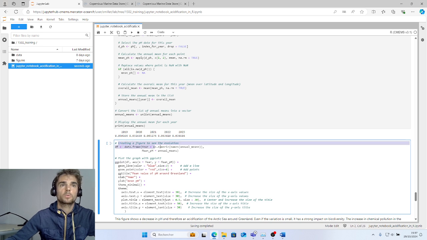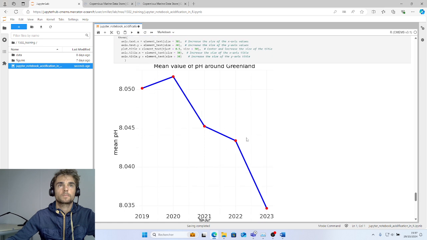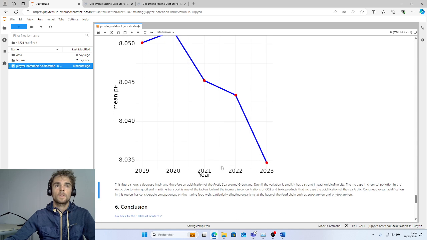We first create a data frame and then plot. Here it is the mean value of pH in Greenland, and we can see that the pH decreases and therefore the acidification of the Arctic Sea around Greenland.